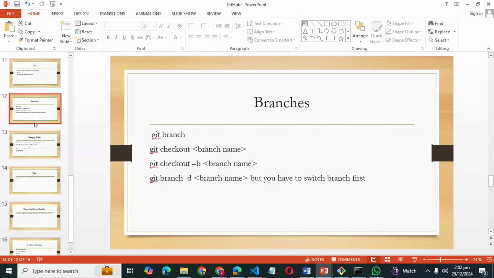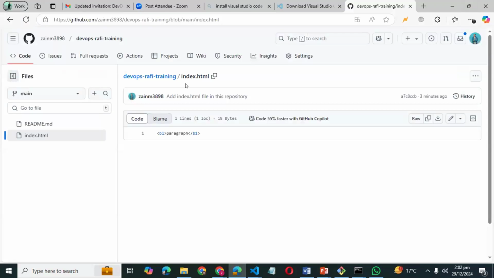You can check it by going to your GitHub account and into your repository. And once you go into your repository, you will see the name of your branch. Main. The main one that GitHub creates.